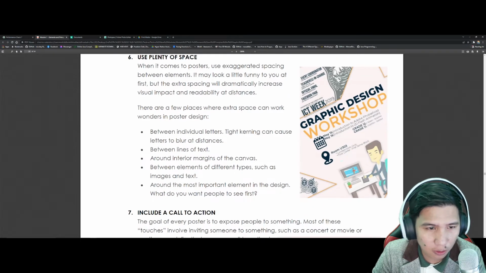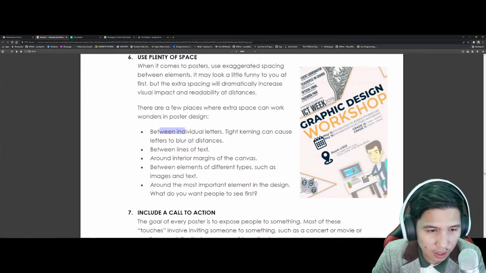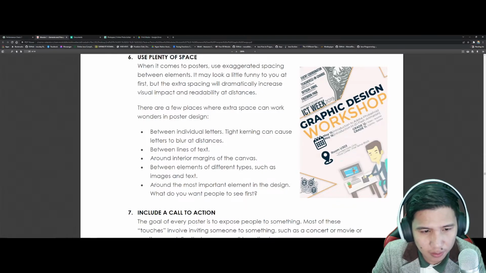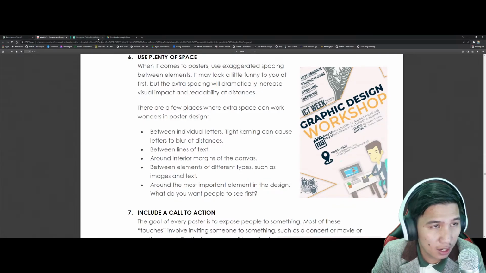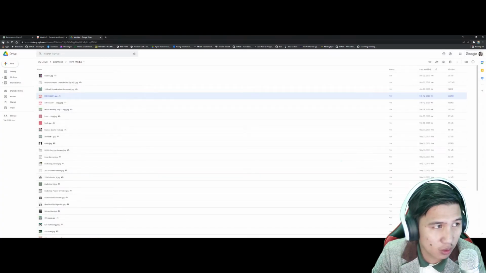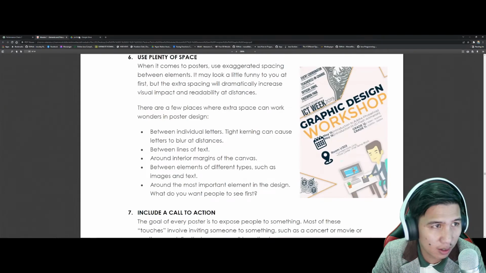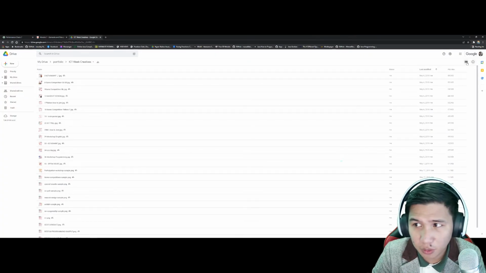So for example, ito, between individual letters, pwede ka kasing maglagay dito pa ng mga kung ano-ano, tight kerning, between the lines of text, around interior margins of the canvas, between elements, and around the most important element in this design. I have here one of actually the most challenging na ginawa kong part sa pag-create ng poster